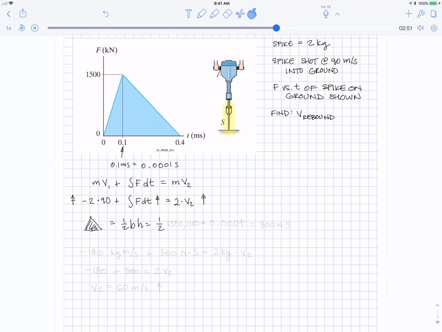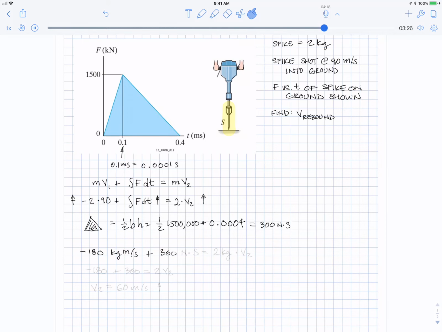So it's 1/2 times 1500 kilonewtons, so 1000, times the base, 0.4 milliseconds, so that's 3 zeros and a 4, and that comes out to be 300 Newton seconds. So what we have is minus 180, and the units of that are kilograms meters per second,